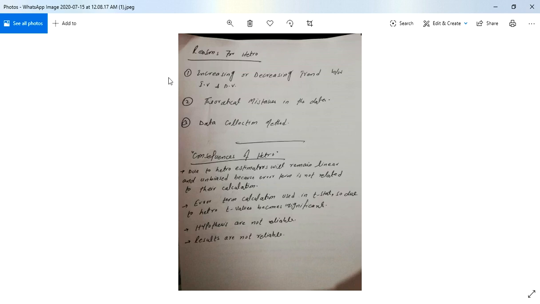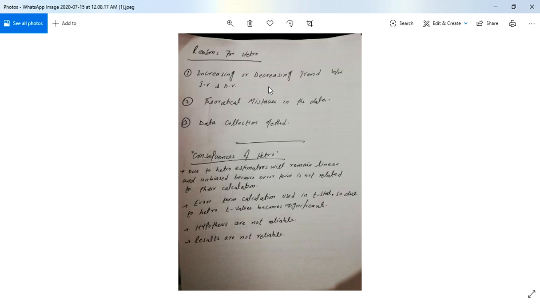Now let's talk about the reasons for the heteroscedasticity problem. The first reason for heteroscedasticity in data is an increasing or decreasing trend between the independent variables, IV for independent variable and DV for dependent variable.